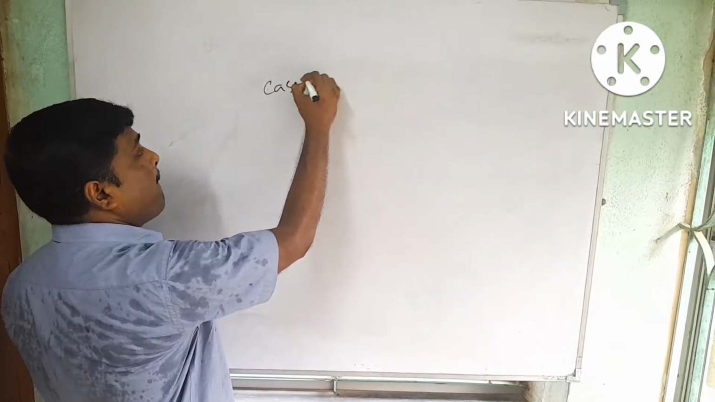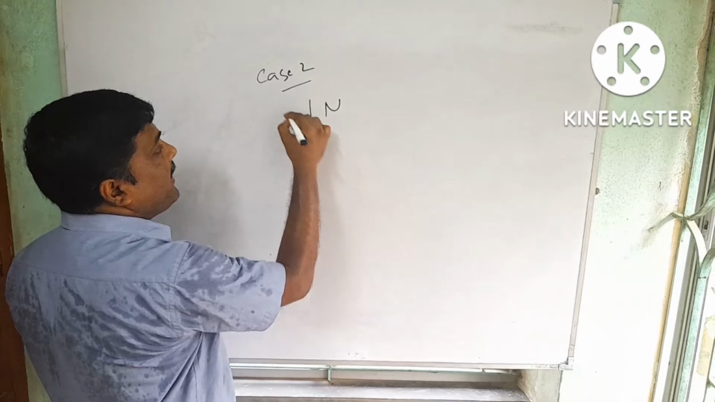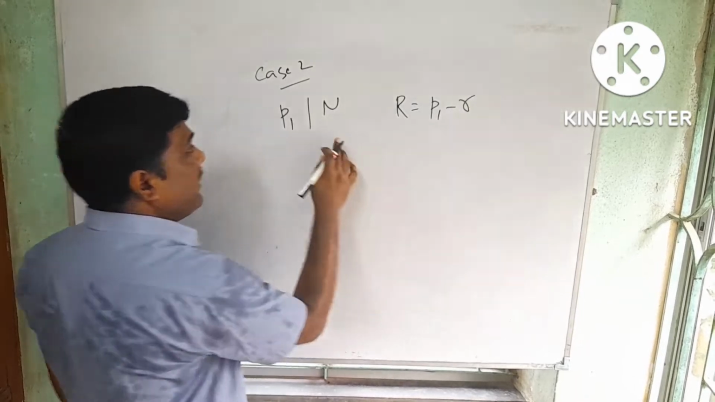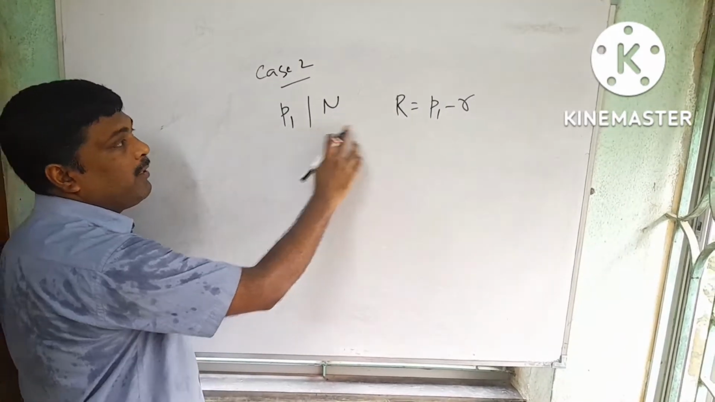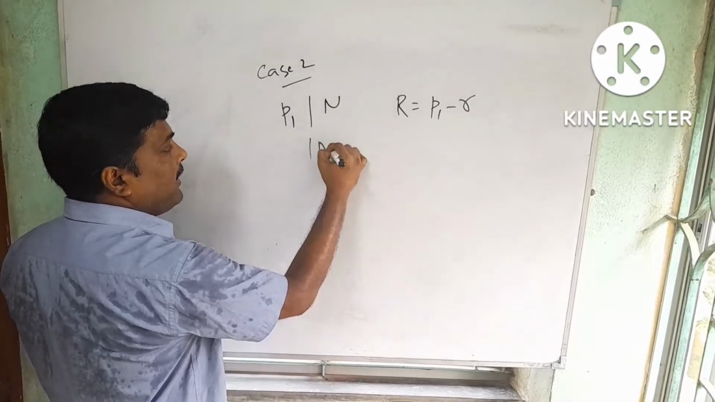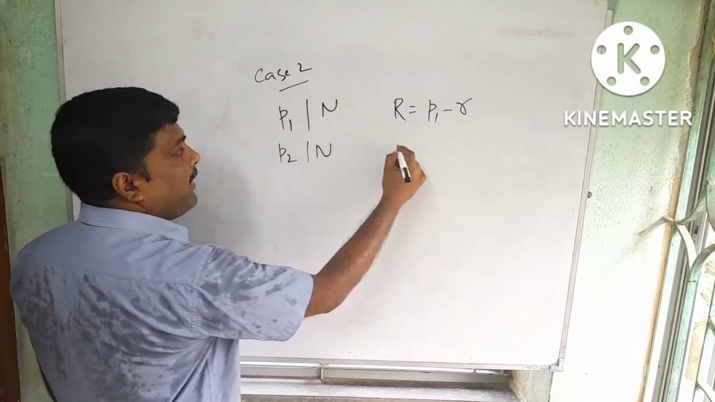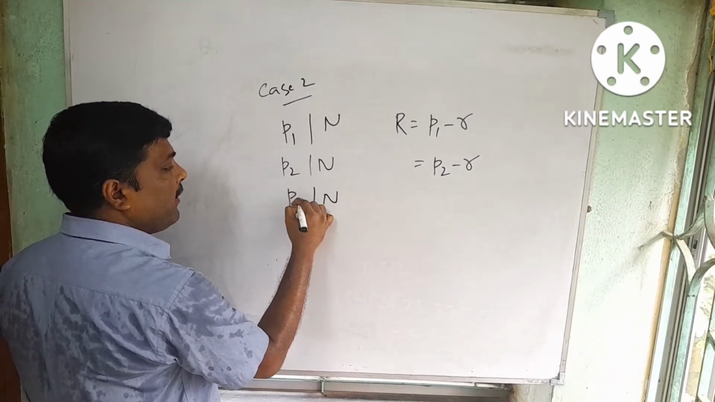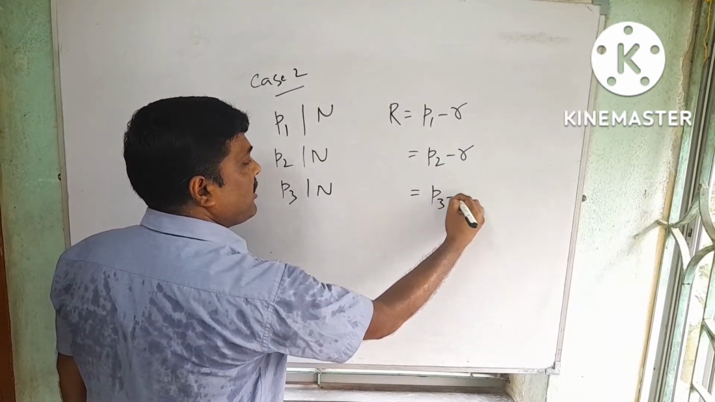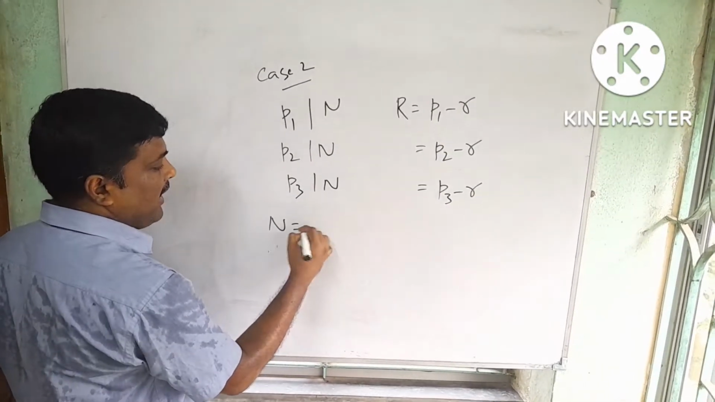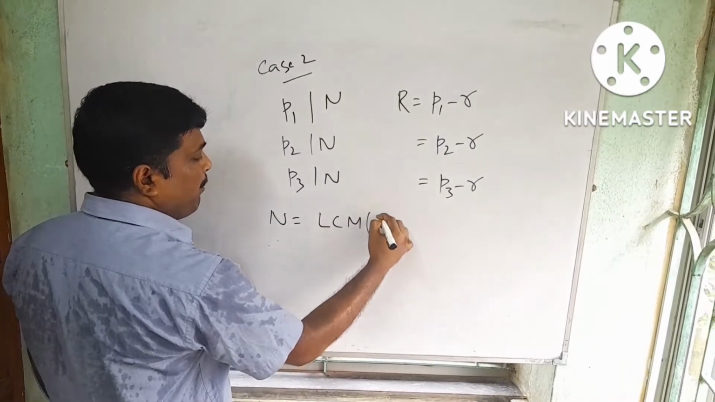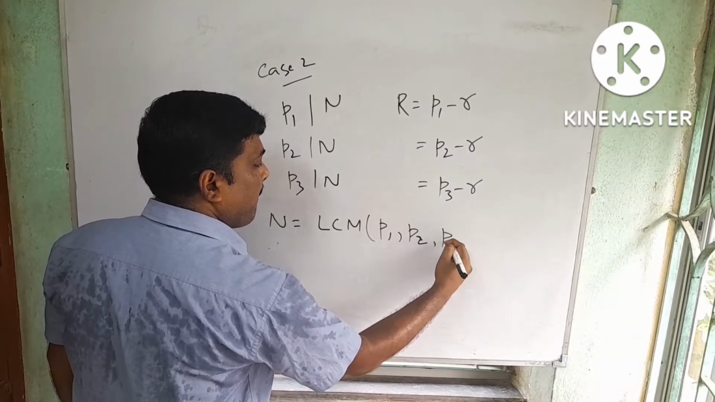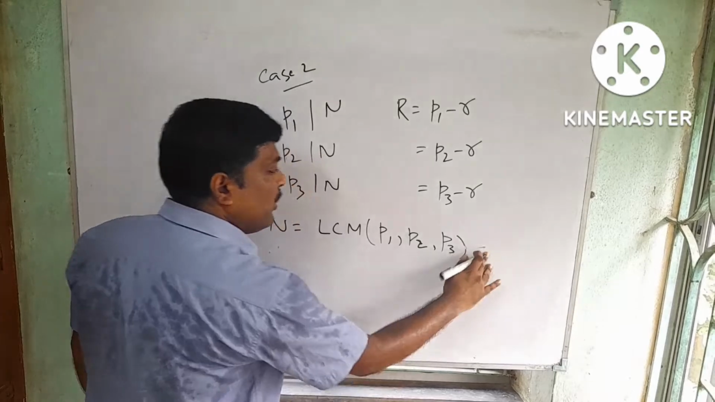Next, case 2. Suppose n is one number, dividing it by p1, the remainder is p1 minus r. We are dividing that number by p1, remainder is p1 minus r, dividing the number by p2, remainder is p2 minus r, dividing the number by p3, remainder is p3 minus r. Then n can be written as LCM of p1, p2, p3 into some natural number